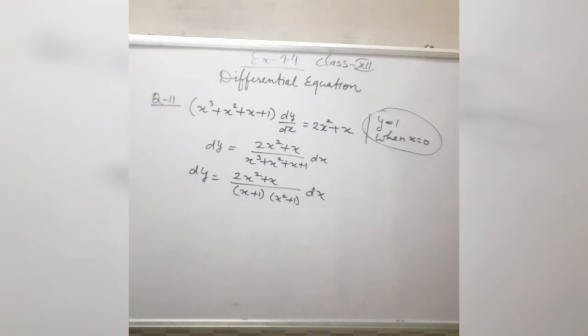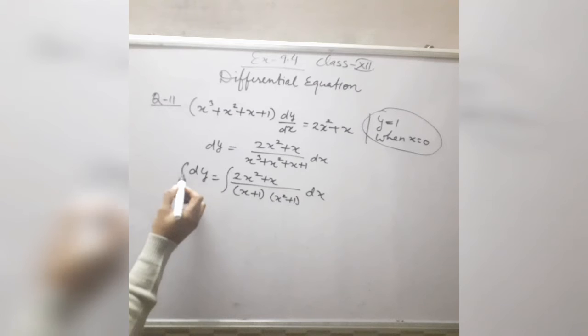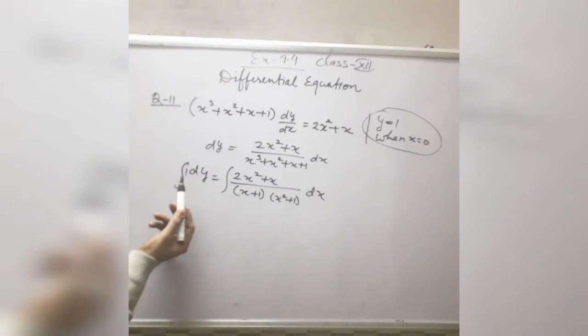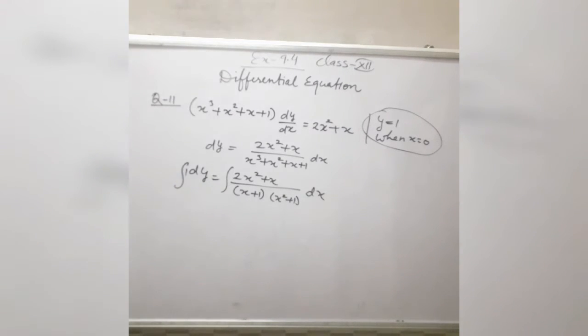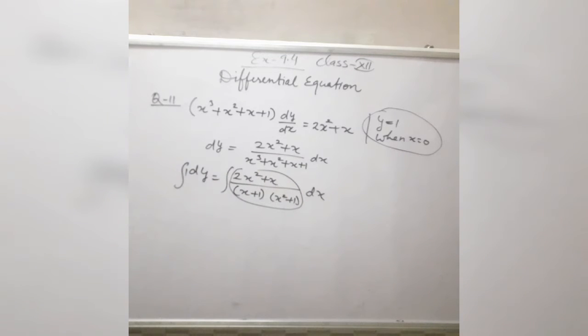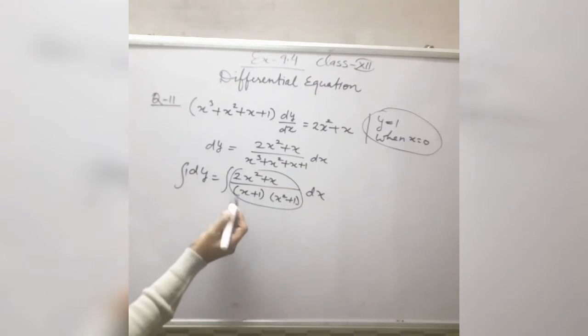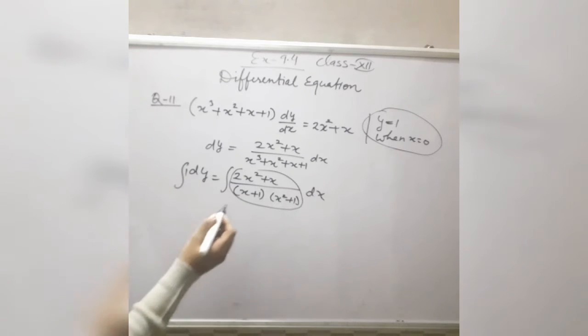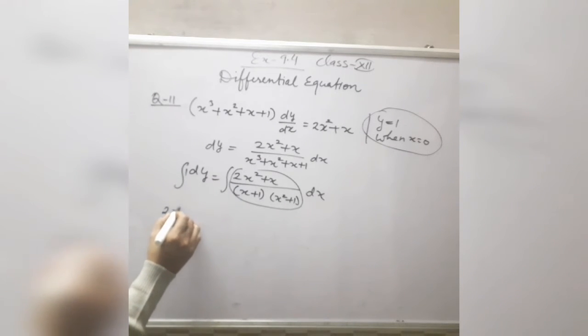Now we will integrate both sides. In the next step, taking integration on both sides. Now see this part. Integration of the left hand side is very simple. The function is 1 and integration of 1 with respect to y will be y. But now see how you will find the integration of this part. All of you have done this type of integration in the previous chapter, chapter number 7. I am telling you again.